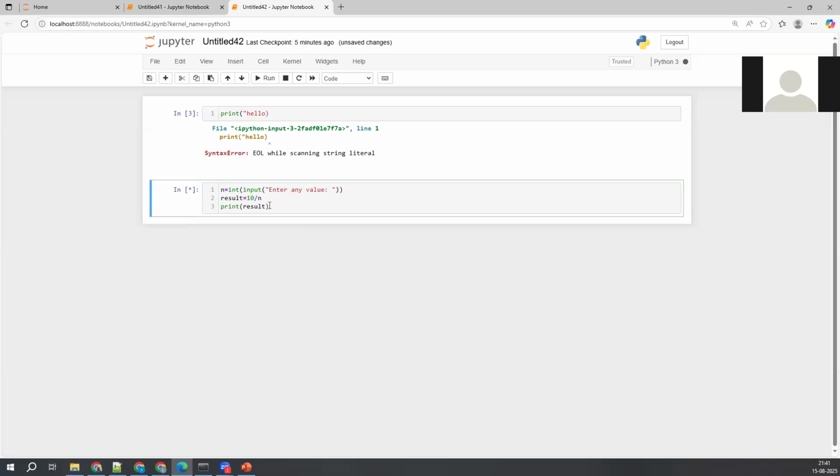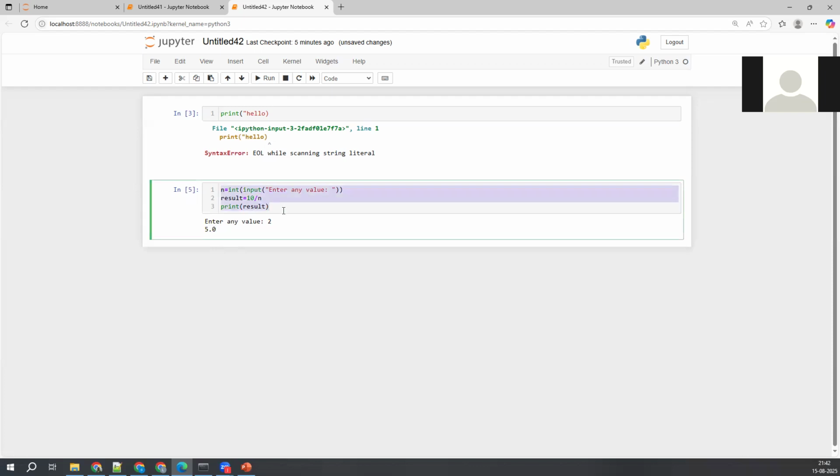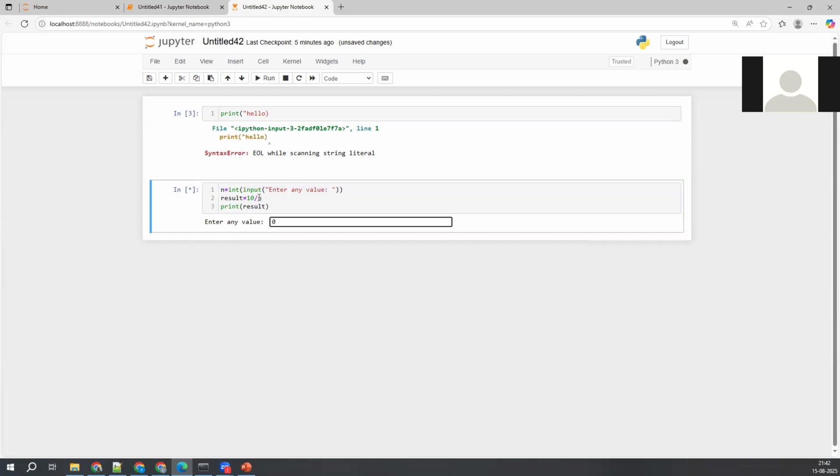Okay. Now let me execute it one more time. Now 2 I'm passing here. See, 5.0 I'm getting here. So the program is absolutely right. The result is also correct actually. But by mistake, sometimes what we do is, if I try to execute, if I give 0 here, then what